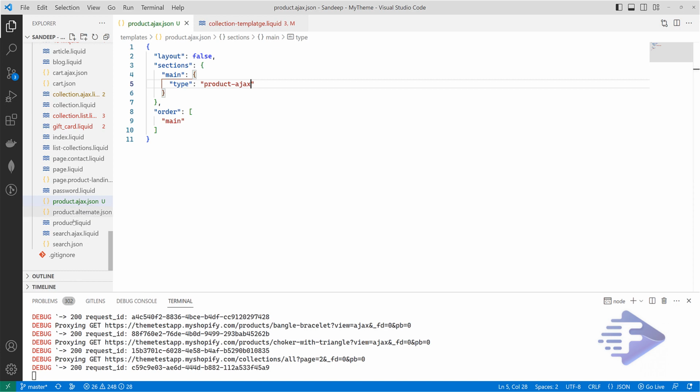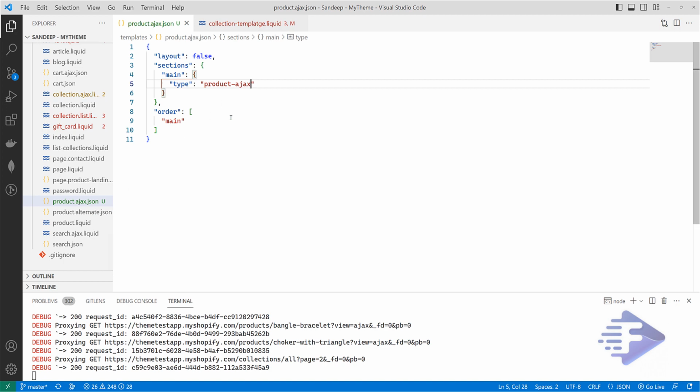Like, we have three templates. One is product, which is the default one. The second one is alternate. This is for the alternate changes, like if we are going to change to any other product page template. For this one we can show a different one, and this one is our Ajax one.